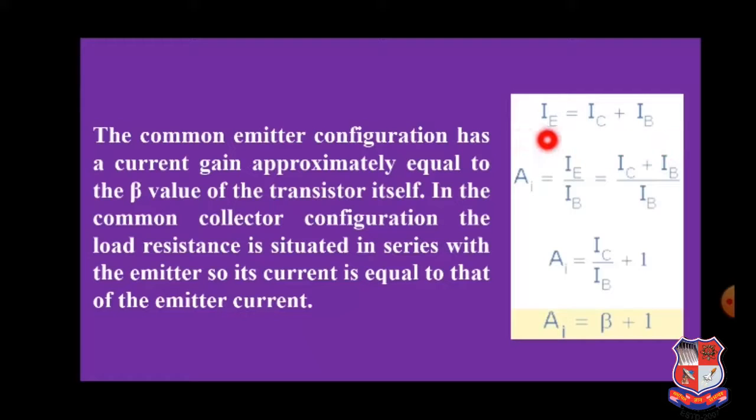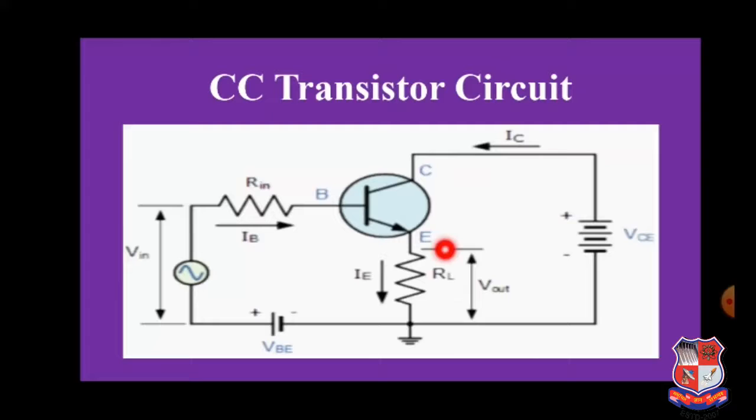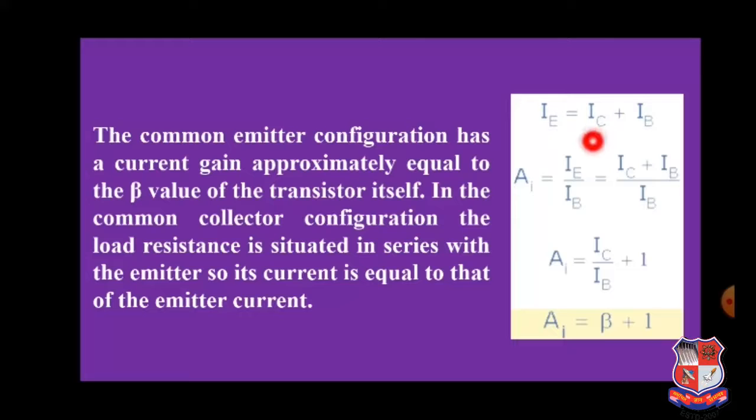This IE emitter current is your output current, IC plus IB is your input current, and hence we have the first equation as IE is equal to IC plus IB, and the current gain, which is also denoted as AI, as voltage gain is represented in terms of AV, we are representing the current gain as AI. So here IE is your output current. What is the input voltage? Only this particular Vin is your input voltage, from which, due to this internal resistance Rin, we are experiencing the current flow of IB, and hence we have AI is equal to IE upon IB.